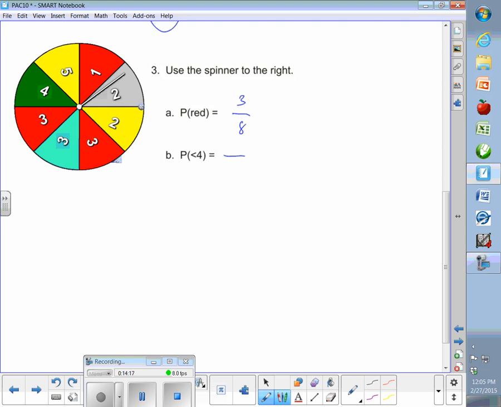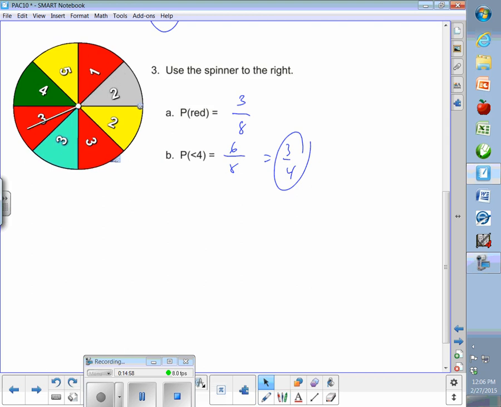Hector, what do you got? How many numbers are less than 4, Hector? On the wheel. Okay, the 3 is a less than 4, so there's 3 3s. A 2 is a less than 4, there's 2 2s, and a 1 is a less than 4. So there are 1, 2, 3, 4, 5, 6 numbers on the wheel that are lower than 4, because we know what that symbol means, right? It's a less than. And how many total are there? 8. And of course, you reduced your fraction to 3/4. Probability, 3 out of every 4 spins will be less than 4.